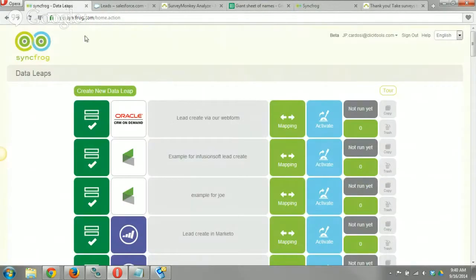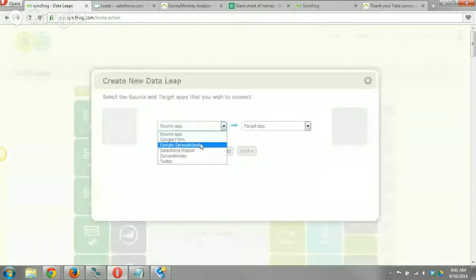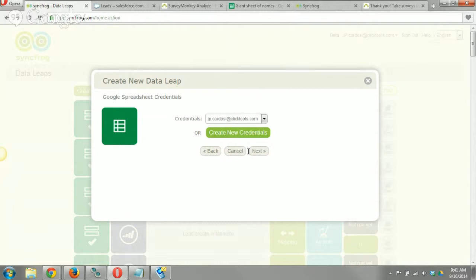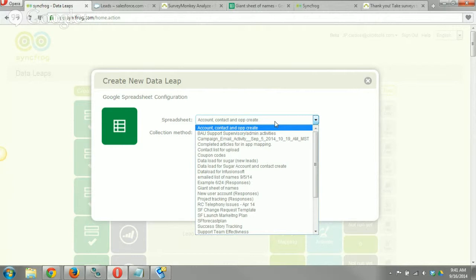So we're going to create our new data leap here. So we're going to say create new data leap. And our source is going to be that Google spreadsheet, right? So we have our giant sheet of names in our spreadsheet, and that's going to be going to Salesforce. Cool. So we have our source and we have our target, and we'll click on next here. We'll provide it what credentials we're using for our Google spreadsheet. I've already got this signed in. And then we're going to select what spreadsheet it is. So it's the one that's called giant